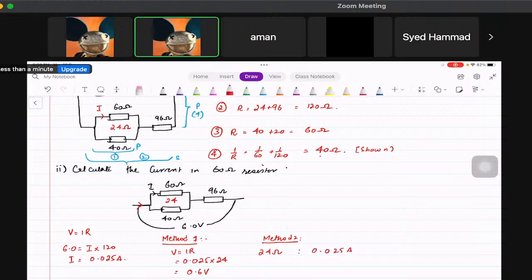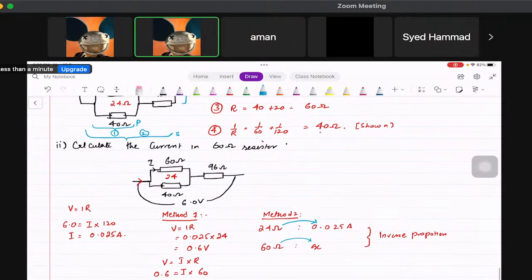Now I'm trying to find what the current will be for 60 ohms. Whenever something is inversely proportional, like current and resistance, we multiply the values in the front by each other and put them equal. So when you do that, 24 times 0.025,